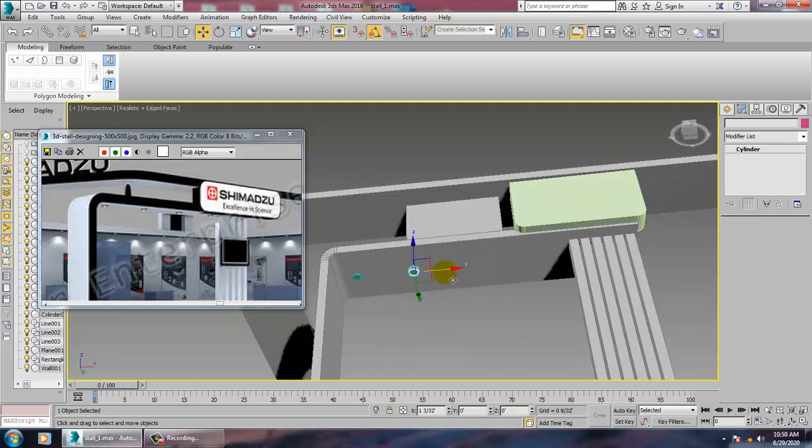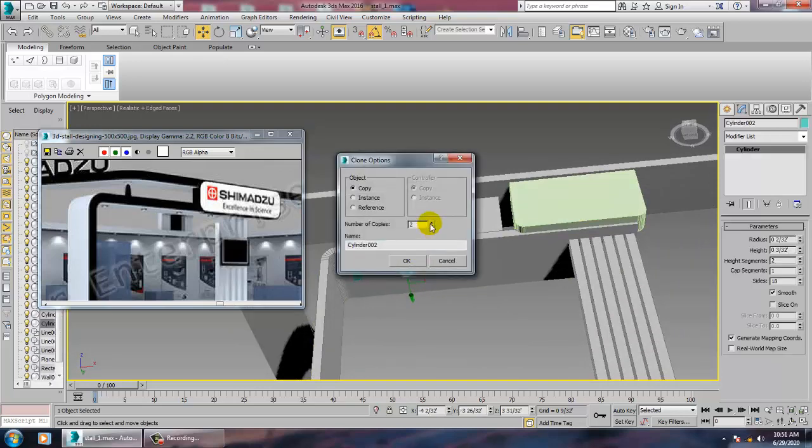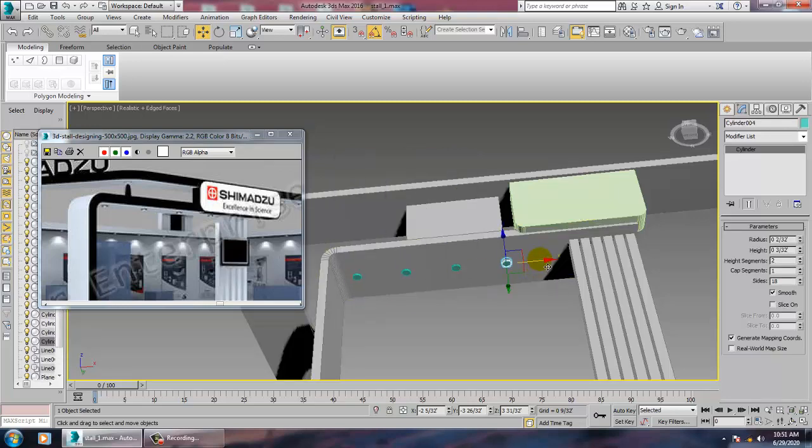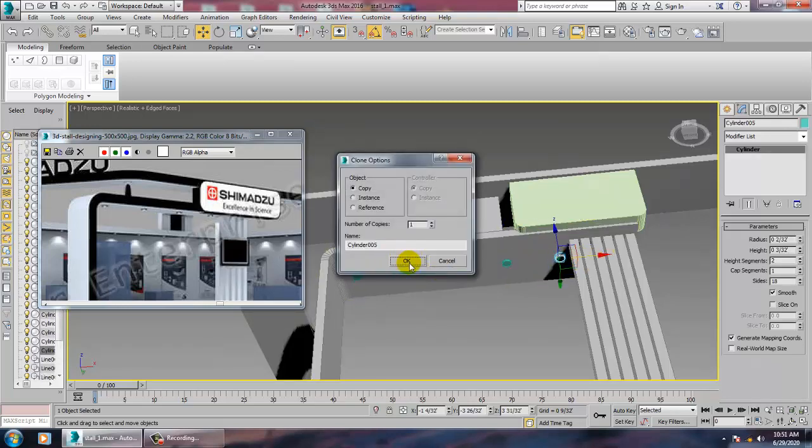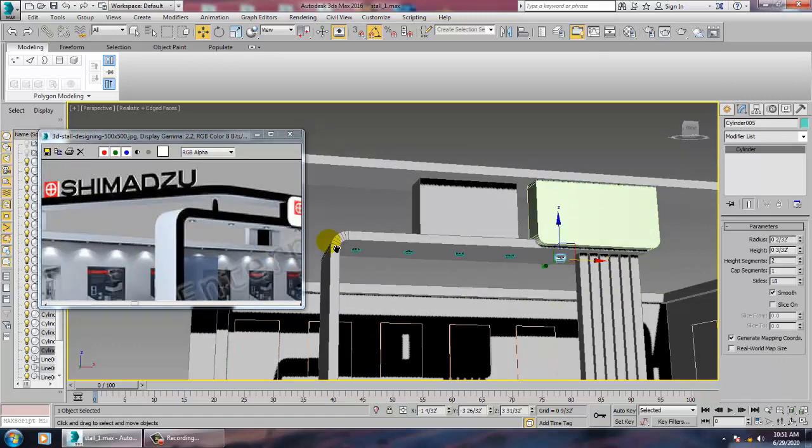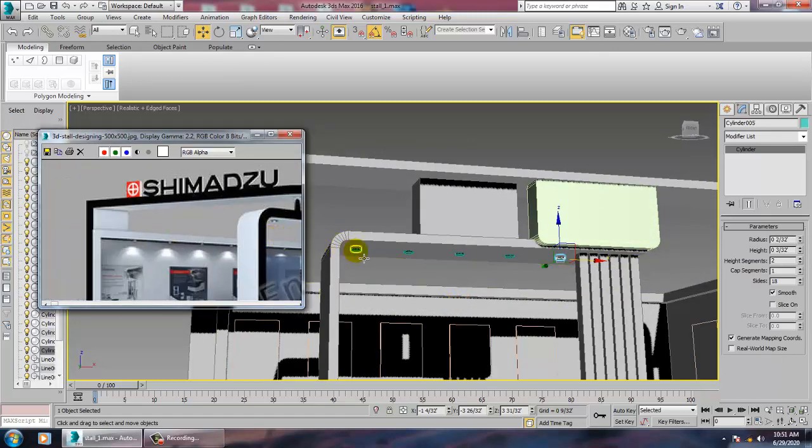Just duplicate this. That's it. Alright. So we also need these lights